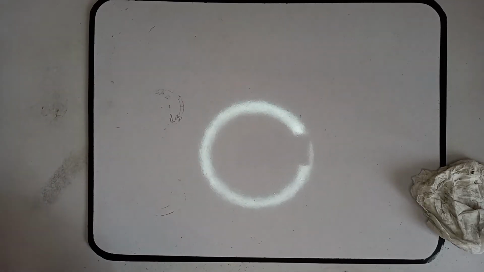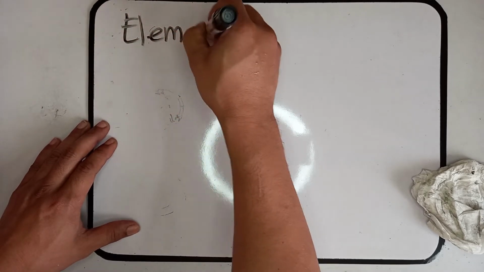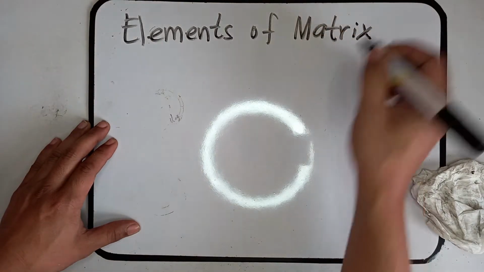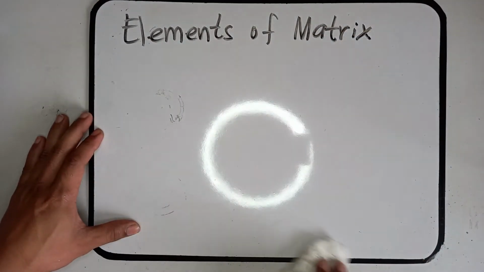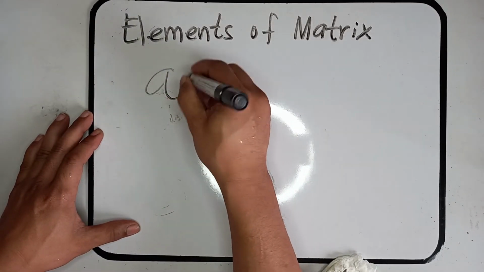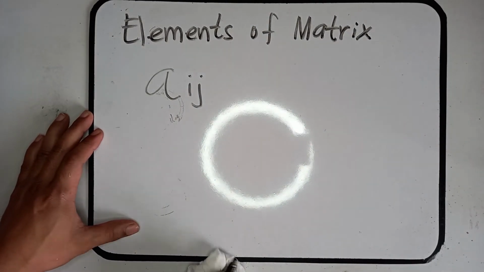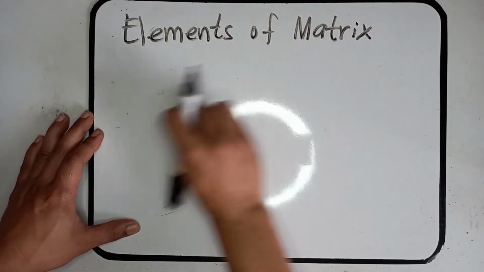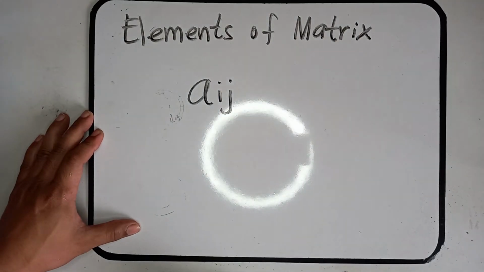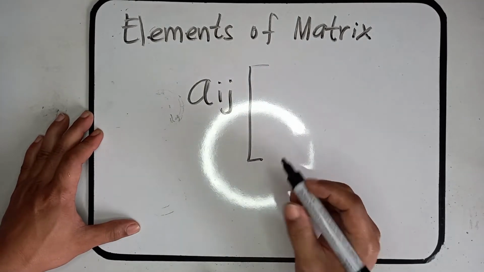Okay, so this time let's identify the elements of a matrix. Let's talk about elements of a matrix. Normally, the elements of a matrix are denoted by a big letter A followed by i and j. Now to identify the elements of a matrix, given this sample matrix,